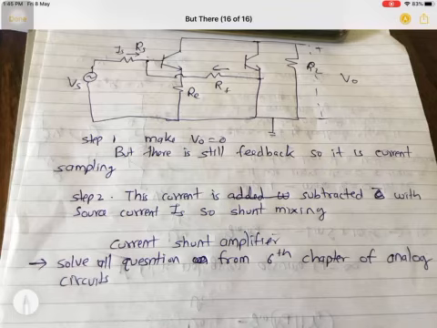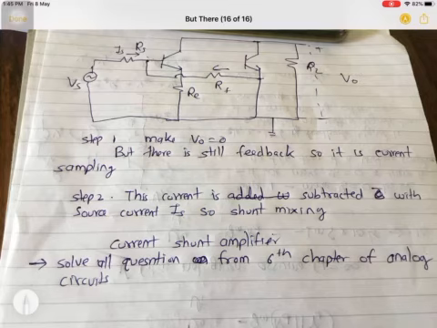So now in this class, what we have done, we have started with feedback amplifiers. We have discussed there are two cases of feedback amplifiers. One is positive, another is negative. In this video, we have primarily discussed the negative feedback amplifier. There can be 4 types of amplifier: voltage amplifier, current amplifier, transimpedance, and transconductance, depending upon the input and output quantity, whether voltage or current. So based on this, we have defined 4 types of amplifier.